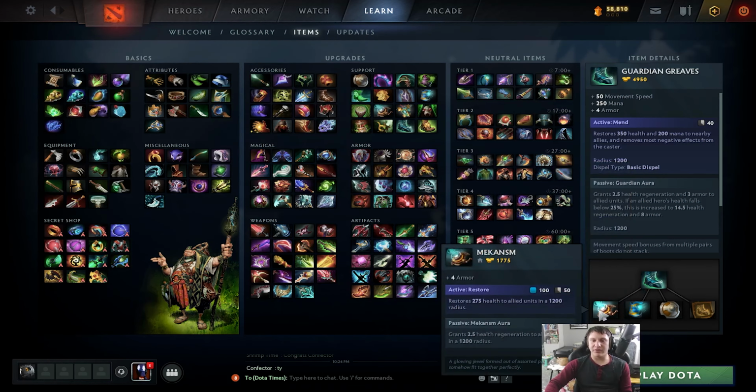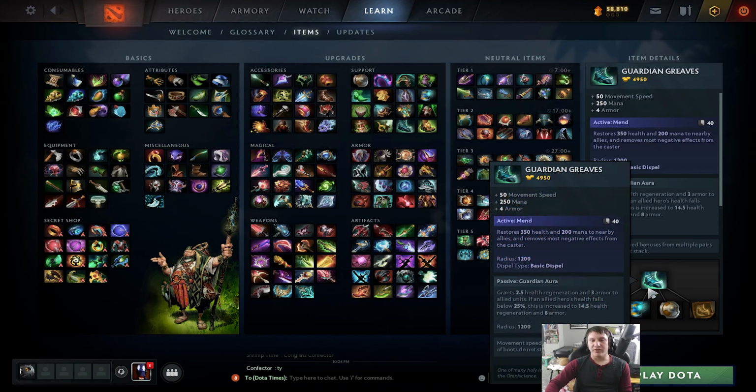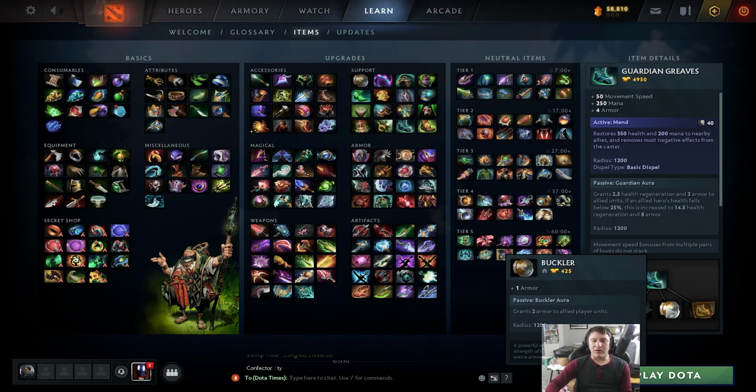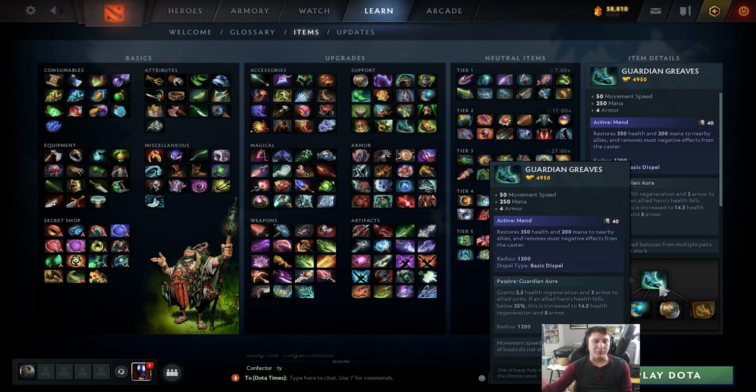So 350 health, this is 275. 200 mana, this is 175. Okay. Armor, you get additional armor. Plus 4 armor, and the Guardian Aura increases to 14.5 health regen and 8 armor if obviously an allied hero's health falls below 25%. That's pretty useful. Okay, so Guardian Greaves,